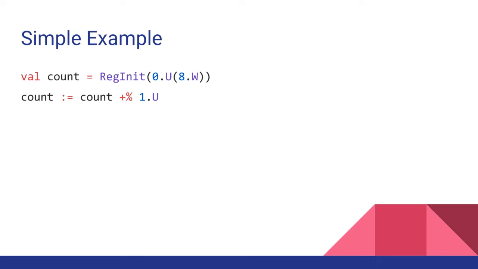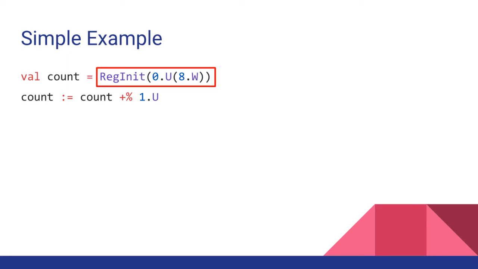I then have a connection there where I add 1 to count, and that addition there is plus %, which is truncating addition. So that's being very explicit. Addition by default is truncating, so if you write plus, it truncates. In this case, plus and plus % are the same thing, I'm just being more explicit about it. Plus ampersand is expanding addition. So what we do is we increment count and then we connect it to itself. When you use a register on the right-hand side, it is the current value. When you put it on the left-hand side of a connect, it is the next value, which, I guess this is supposed to be for Chisel developers, so hopefully you all know this.